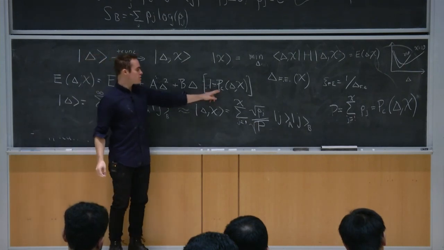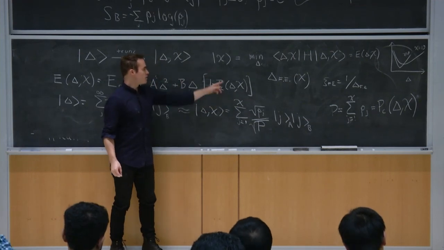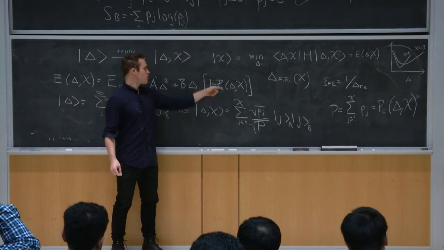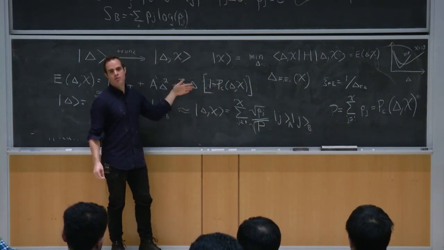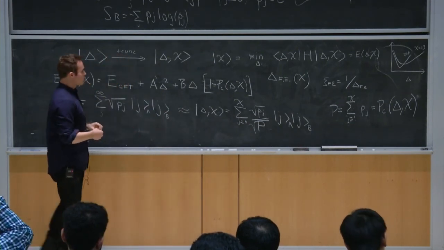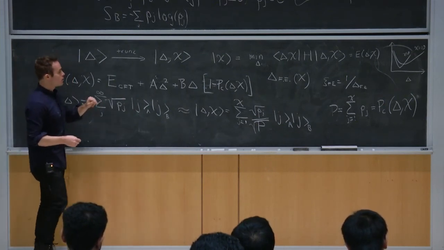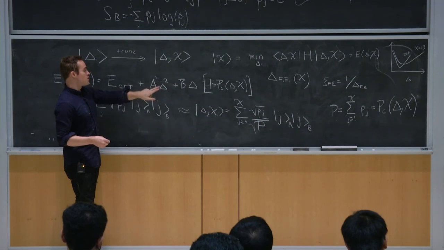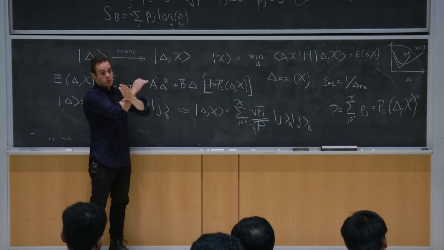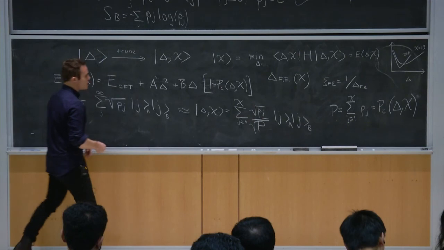So in other words, when P is 1, that meant chi was very large and you didn't do any truncation, then this error goes to 0. But when P is small, there's some error here, and that introduces on the order of a gap of energy for however much you had to screw up the state by truncating it. Okay, the point is that of these two terms, this one grows with delta, but this one shrinks with delta, so there's a trade-off between the two. And you can actually solve the minimization problem, and you get that